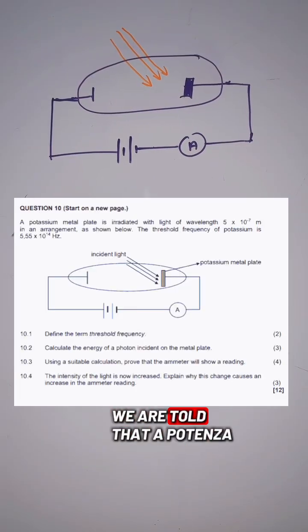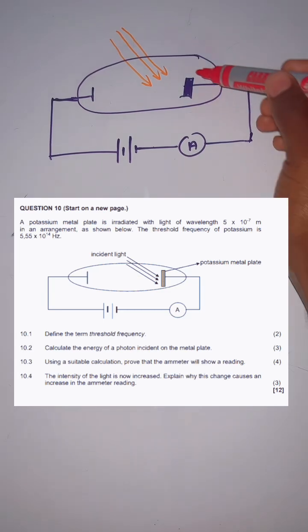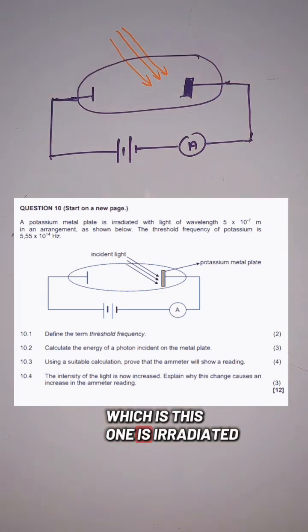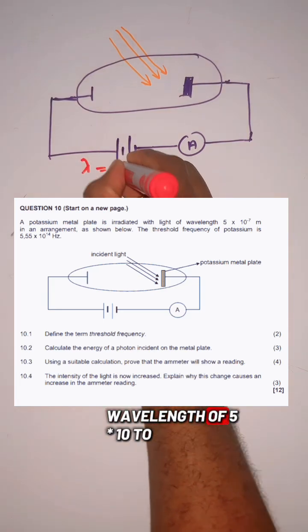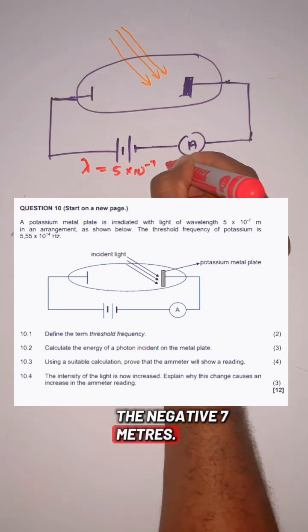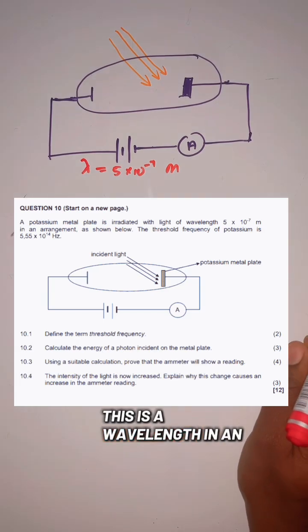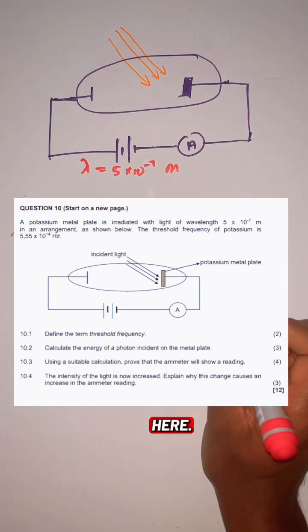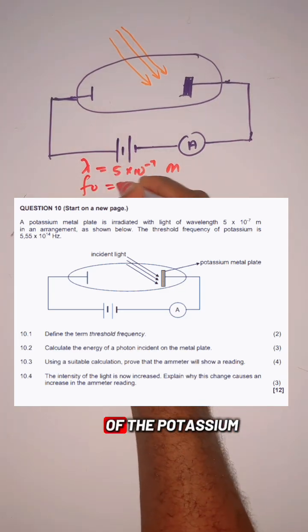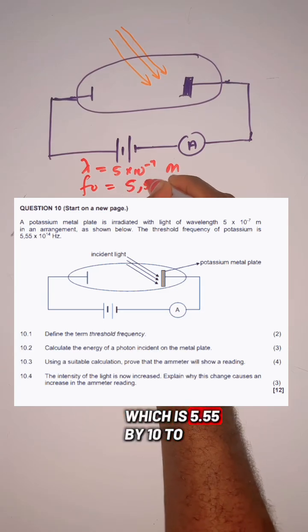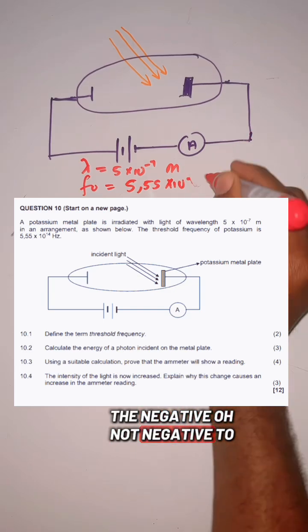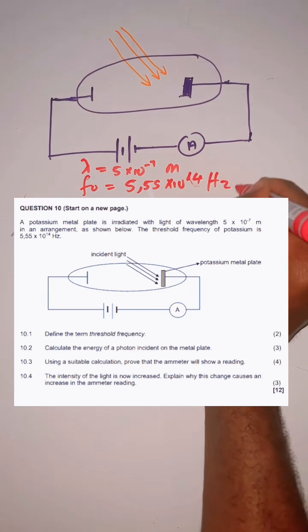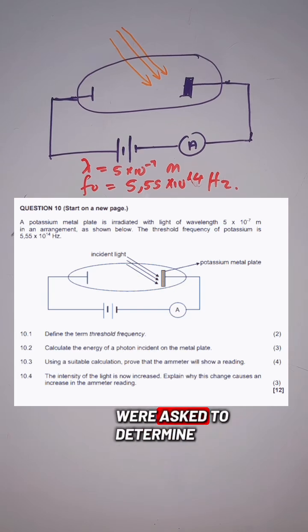So here's the question. We are told that a potassium metal plate, which is this one, is irradiated with light of wavelength lambda, which is 5 times 10 to the negative 7 meters, in an arrangement as shown in the picture here. The threshold frequency of the potassium is 5.55 times 10 to the 14 hertz. And then the first question asks us to define